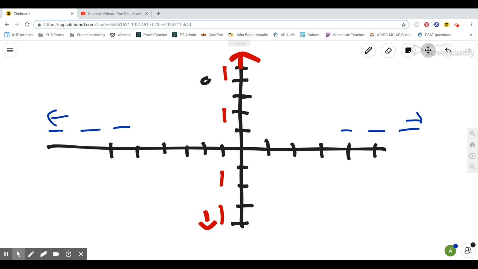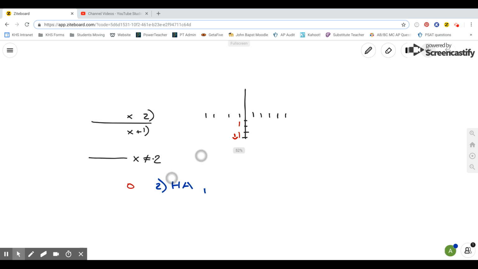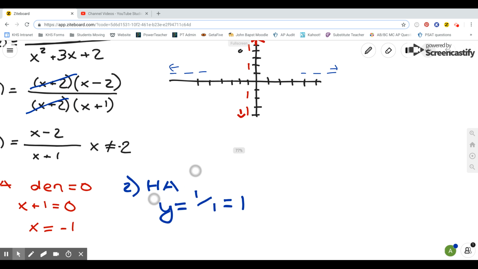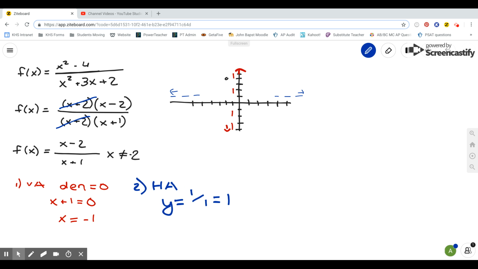So there's that. Now let's take a look at x-intercepts. I suppose we can go back to black for the color. So x-intercepts, where y is equal to 0. So if 0 equals x minus 2 over x plus 1, remember the denominator does not play a role. You can multiply that denominator out, or remember that as long as you have 0 in the numerator, no matter what you're dividing by, it's still 0. So we get x equals 2 for our x-intercept,